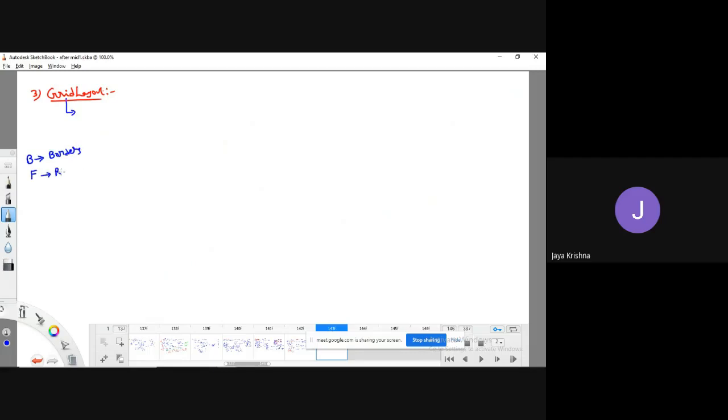Flow layout arranges them row by row. Now, this grid layout is going to place all the components in the form of rows and columns. In simple words, it is a two-dimensional grid.